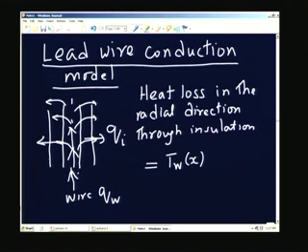If I measure x from some datum here, and then I am measuring x in this direction along the length of the wire,